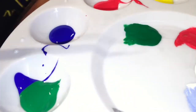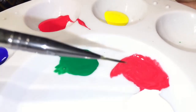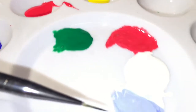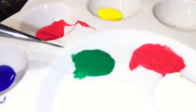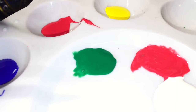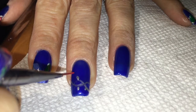Okay, the next thing that I'm going to use is I have some in the middle here. I have some red that I kind of muted a little bit. You can't really see it up against the blue, so I made it a little bit brighter with the white. I made some light blue over here, and I'm going to use this green, which is really like a millimeter of a shade different, just so it shows up better. And we're going to paint the bulbs. So here's where we're going to go. And what I'm going to do is I'm just going to lightly